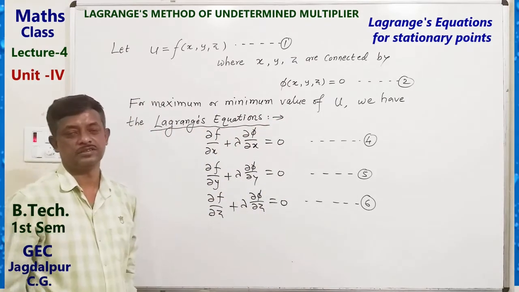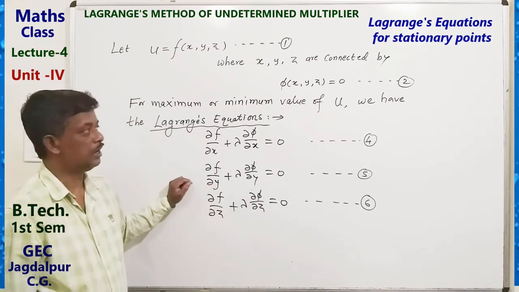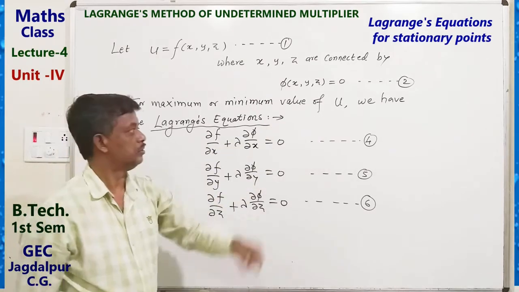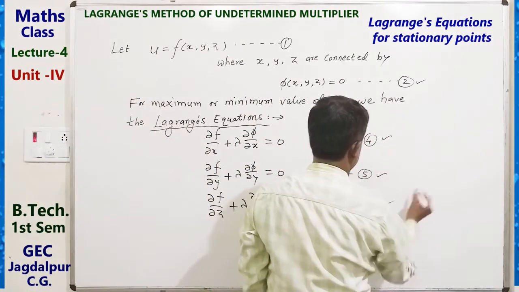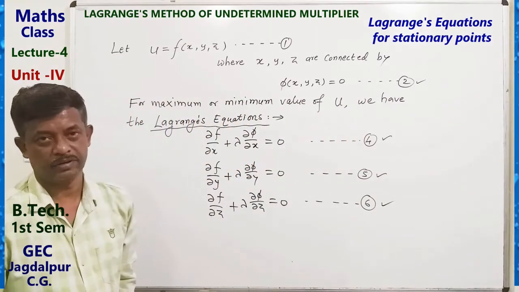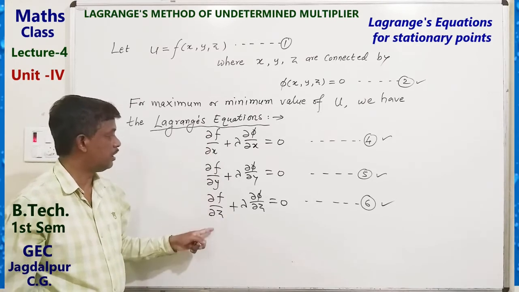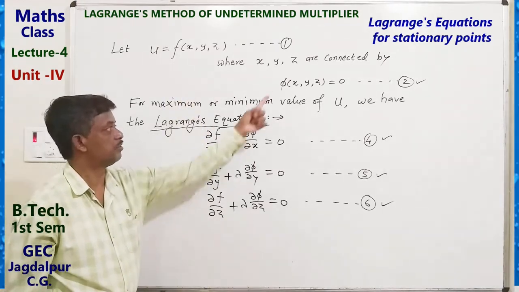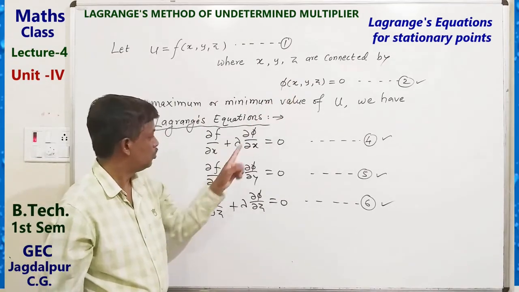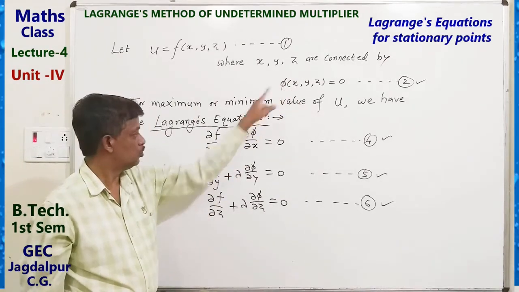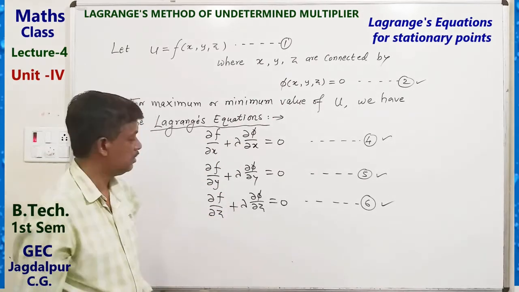These are the Lagrange's equations. These three equations and equation 2 can be solved. This can be found from here, this can be found from here and put here, then equations 1, 2 with the relations 2, 4, 5, 6 can be solved, and we can get